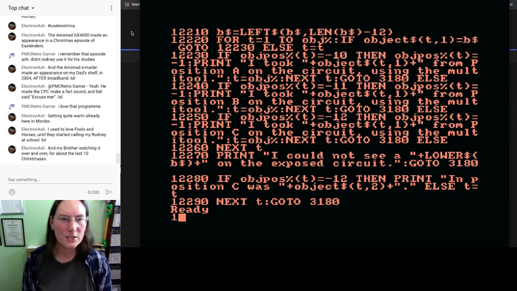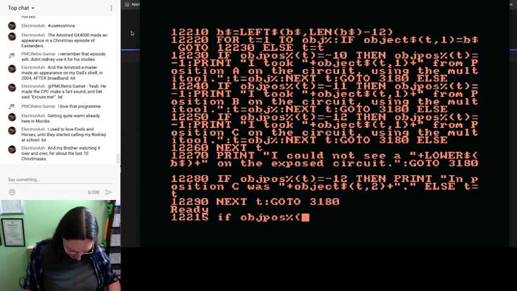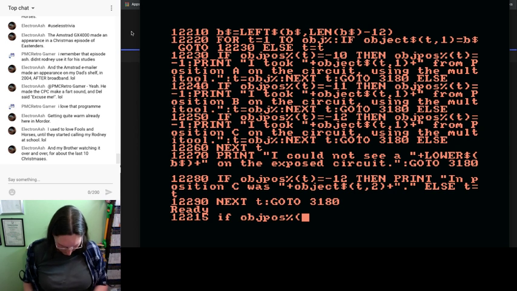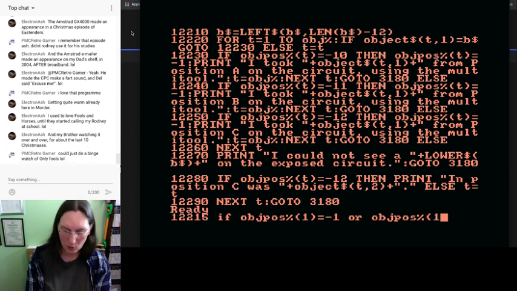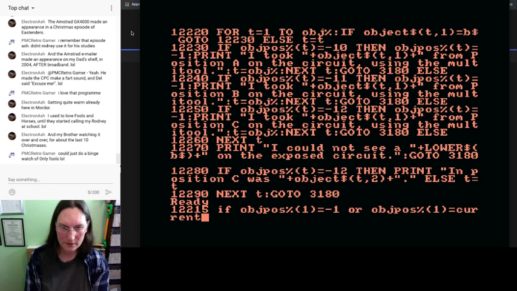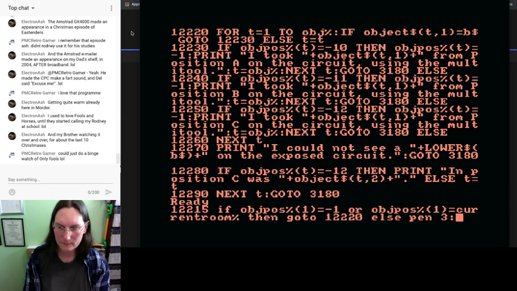Okay, we're going to put one quick check in. 12215 if integer POS percent of 1 equals -1, or obj POS percent of 1 equals current room percent, then go to 12220, else pen 3, print